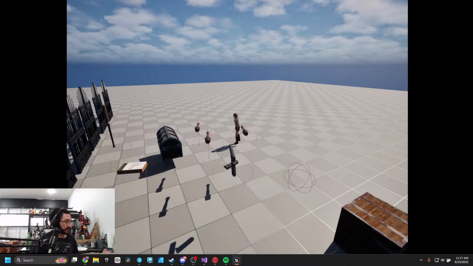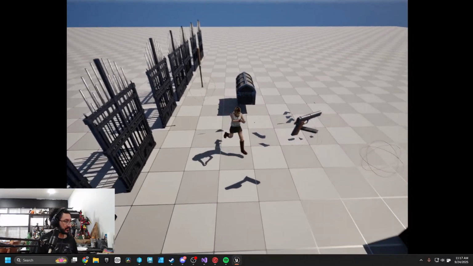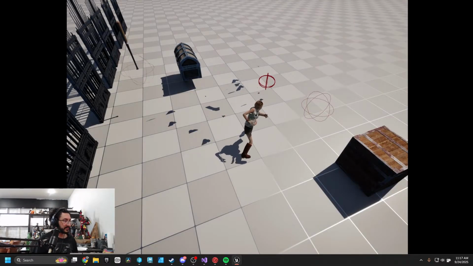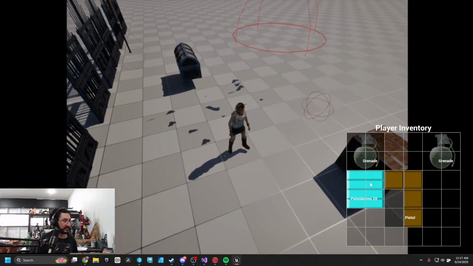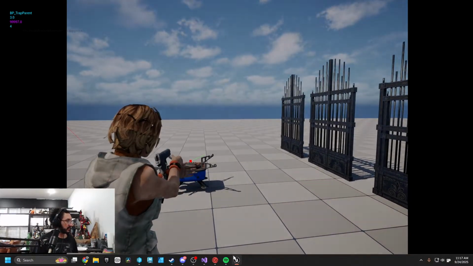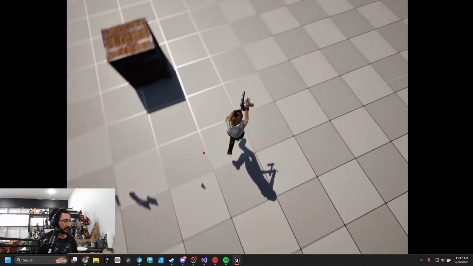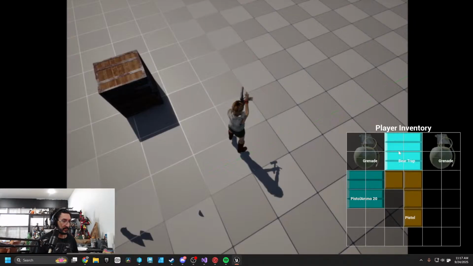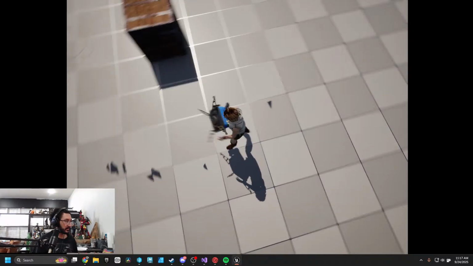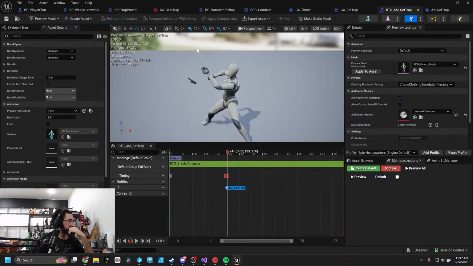Let me make sure everything else still works. Awesome, grenades works. Yeah, that works. Pistols work. Get the trap. Disable the trap. Pick up the trap. Select it. Didn't work. Oh, I think because I didn't set